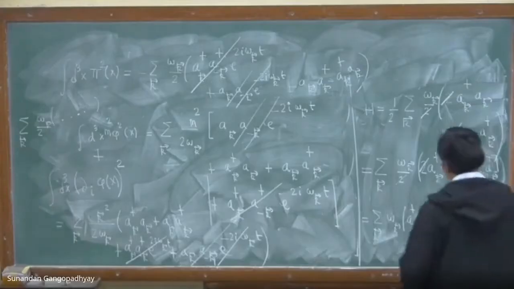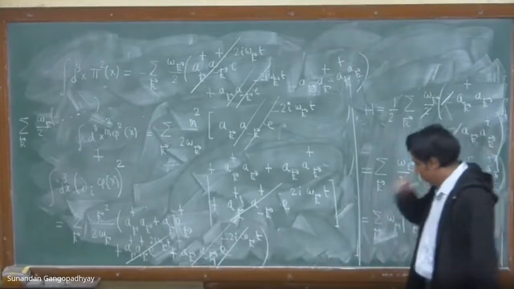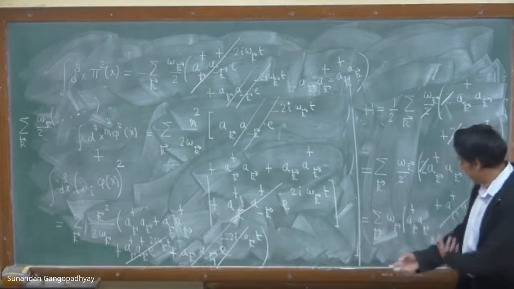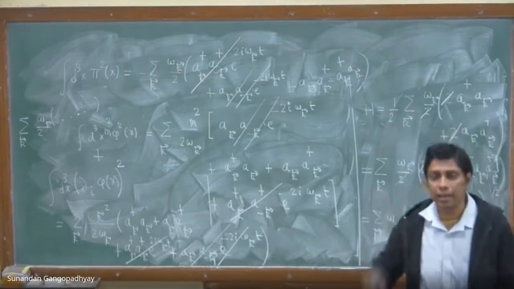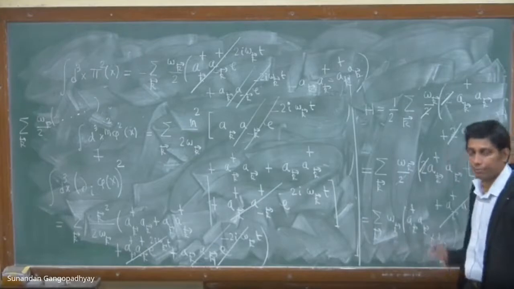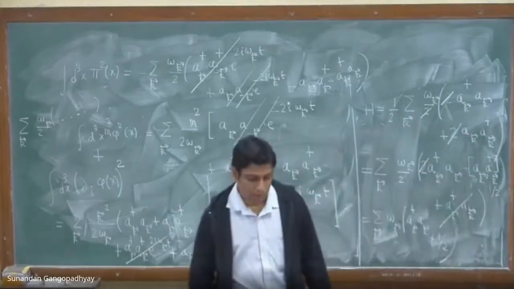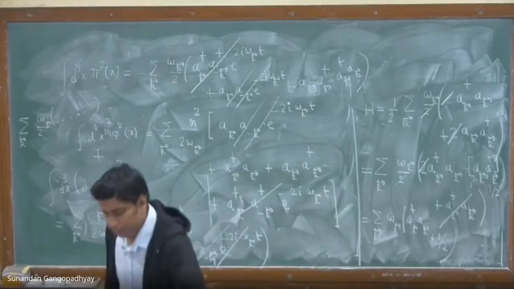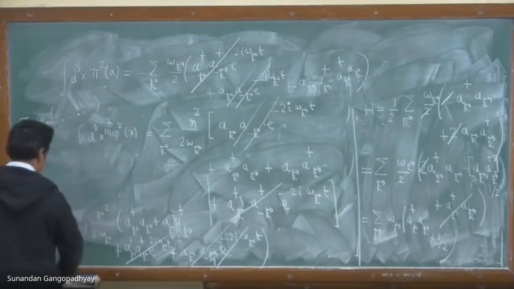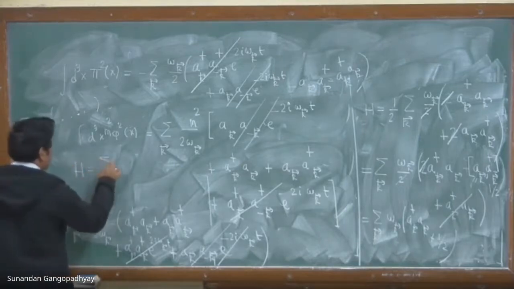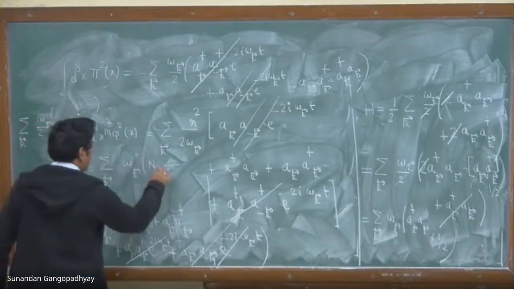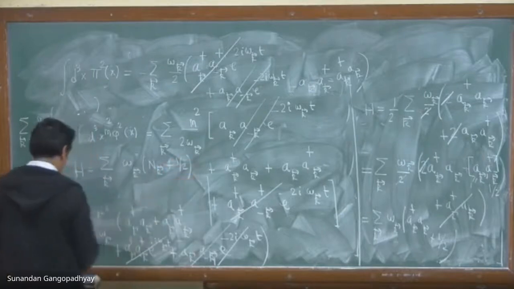So at the end of the day, we get the Hamiltonian operator to be like this. Now you can actually interpret what is a dagger k ak. A dagger k ak is nothing but the operator capital Nk. So you can write this down as summation over k omega k Nk plus half. Now comes the interpretation. Let me write down the final expression for this Hamiltonian operator: H is the summation over k of omega k times Nk plus half.